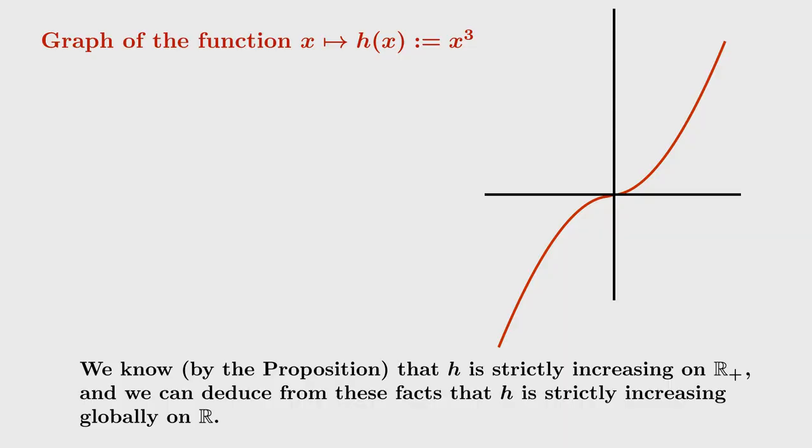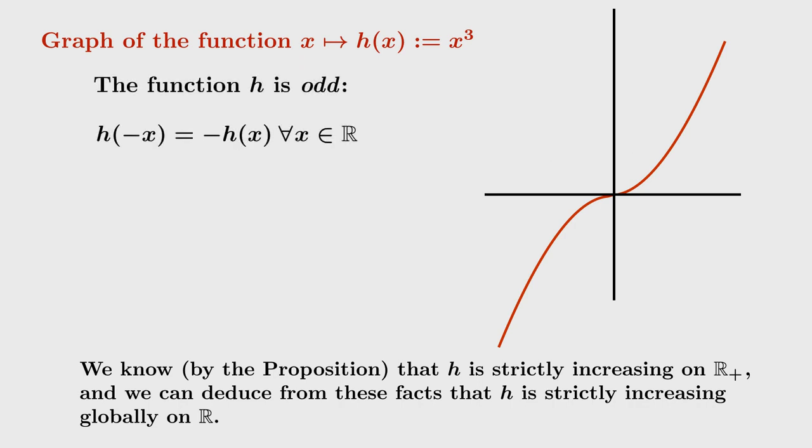We continue our study of graphs. Let's look at the function x cubed, that is, x to the power 3. I call it h here. We can trace its graph as we've done for other functions, and you get something like the following curve. Does that curve look odd to you?